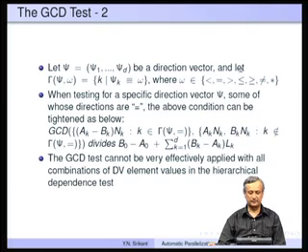tested separately. So, let us say the function gamma(ψ, ω) is the set of k such that ψk is equal to ω, where ω is one of the direction vectors. In other words, we are trying to pick the components of the direction vector which are equal to ω. That is what this gamma function does. So, when we are testing for a specific direction vector ψ, some of whose directions are equal to,